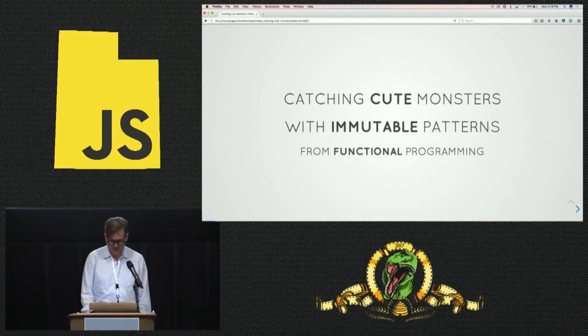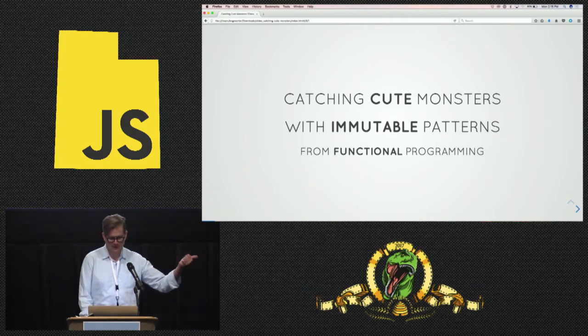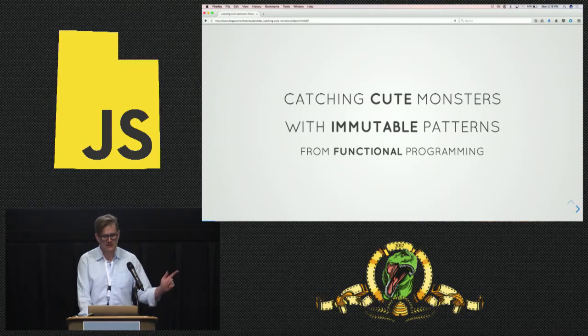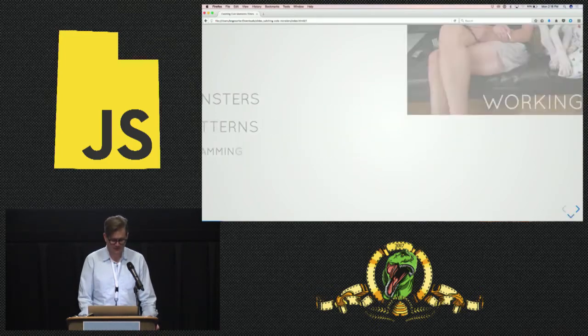And so the three things I want us to focus on are cute, because you're all cute. I said it, it's true. Immutable and functional. And I want to deliver on these promises, so I'm going to start with a picture of